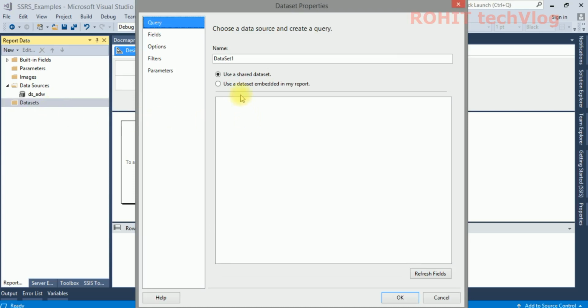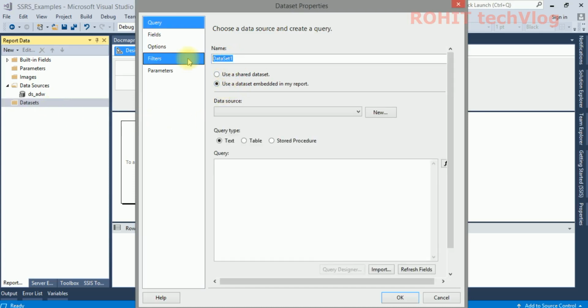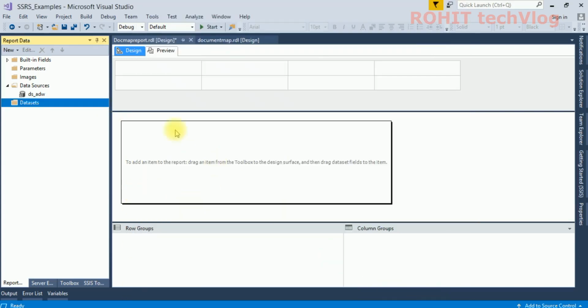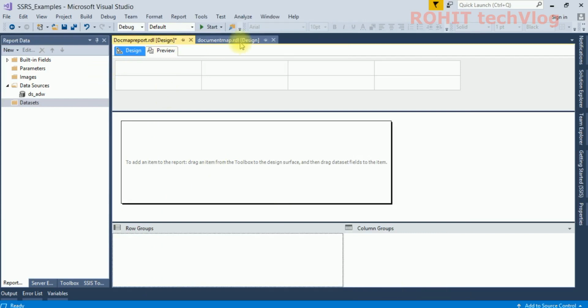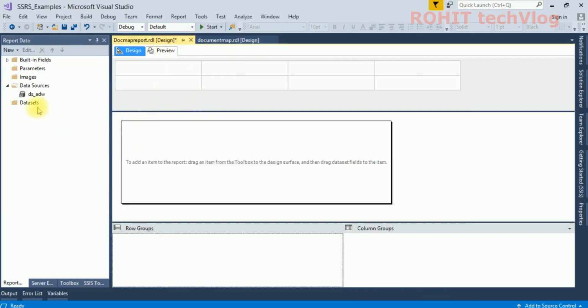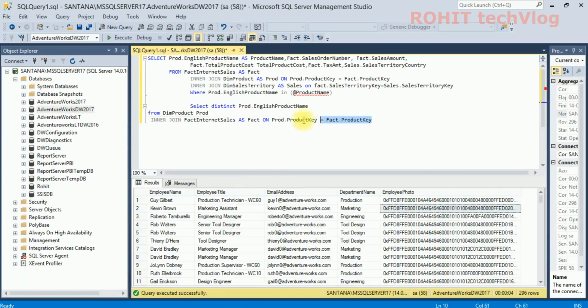For the dataset, first I will use a parameter here. As you can see, this is how I have used the parameter. Same thing I'm going to use here, so let me copy this.